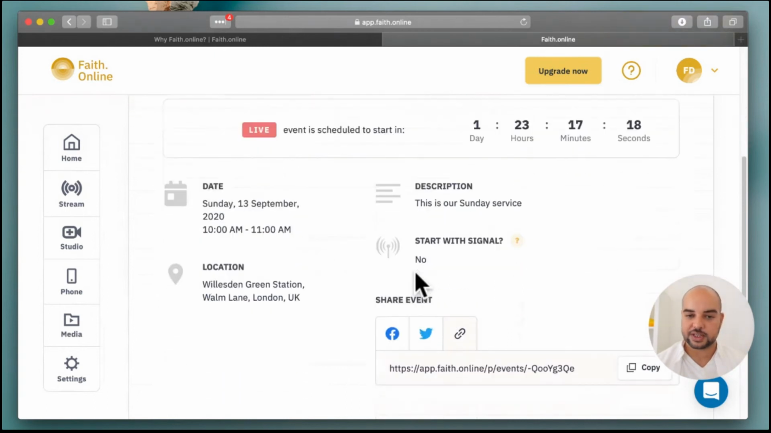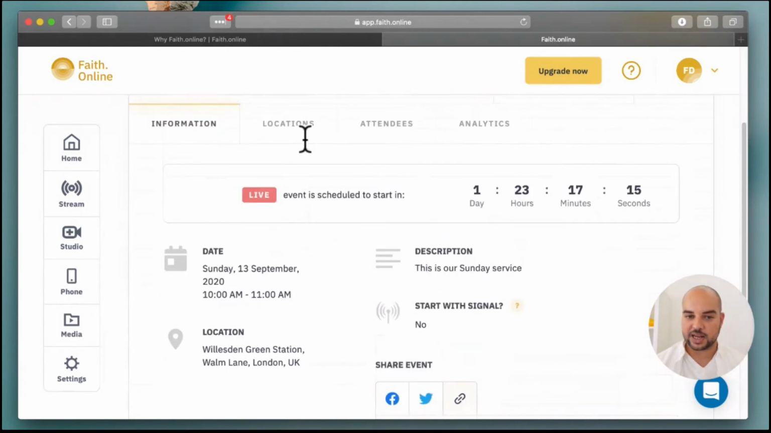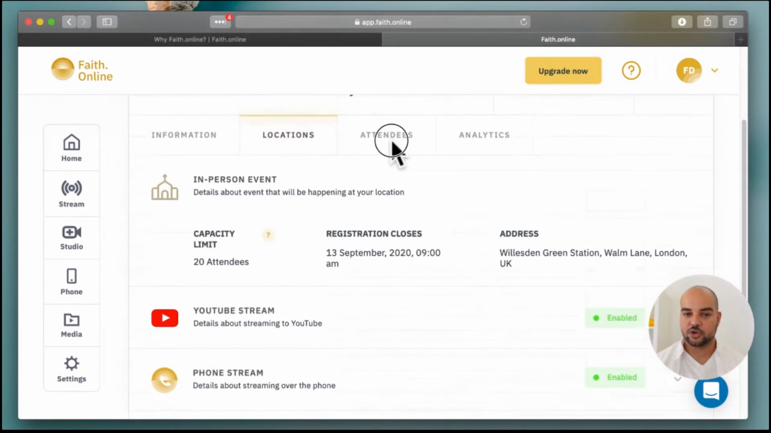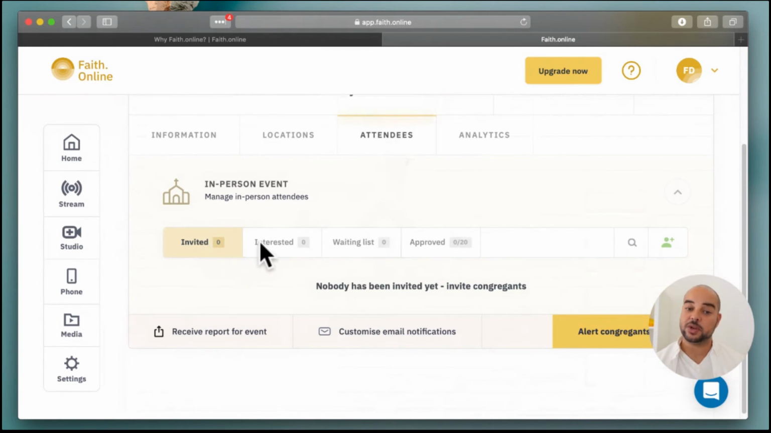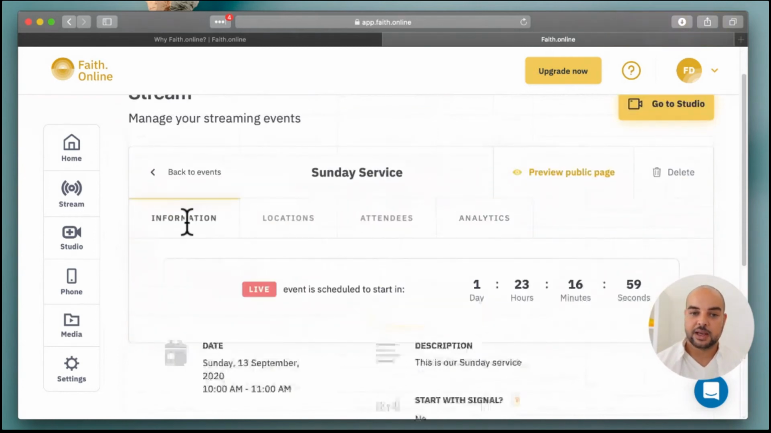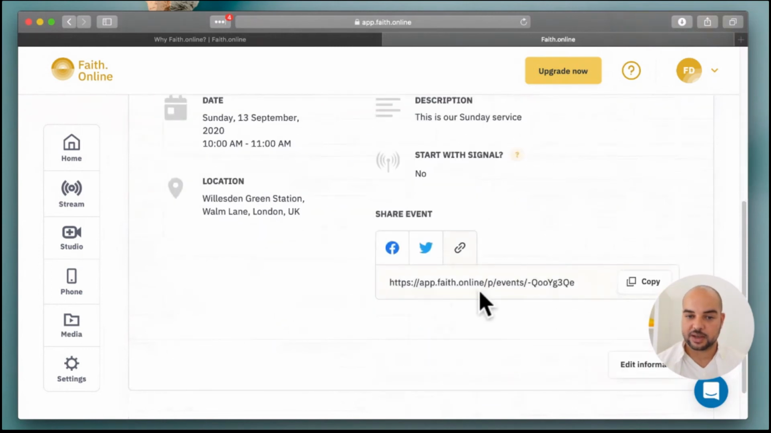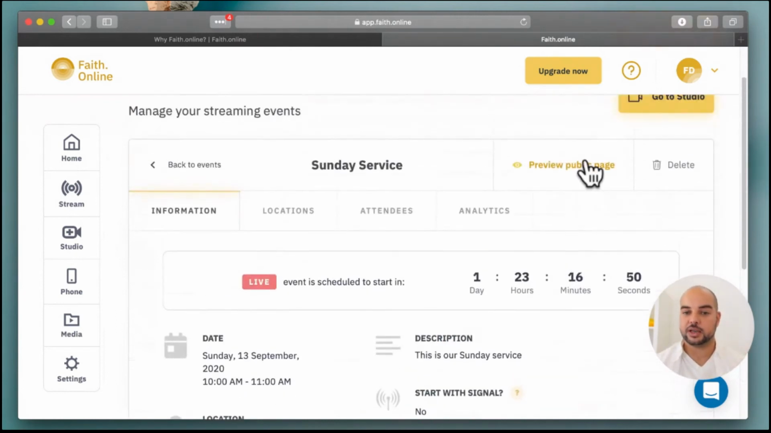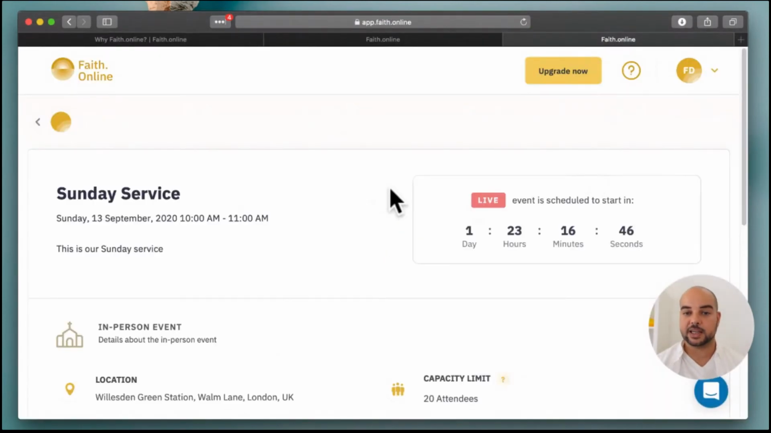You can see all of the details of your event, how long is left, check and verify your locations. You can see who has registered to be an attendee for this event. And of course, afterwards, you can track your analytics. Now, this is just your view, but you always get a beautiful link which allows you to share this event with your congregation. So if I click on preview public page, it opens up that link, and now this is